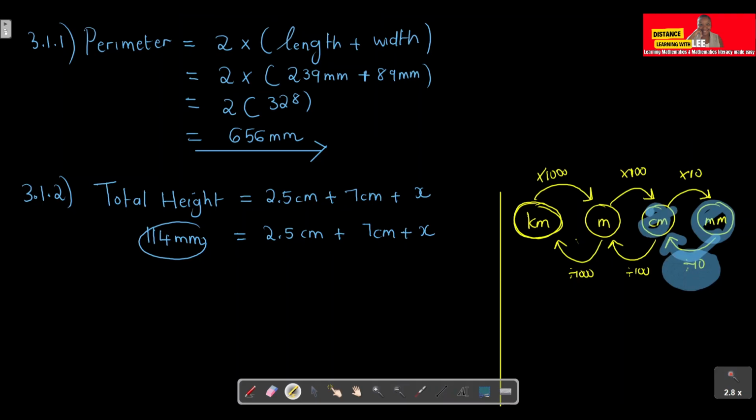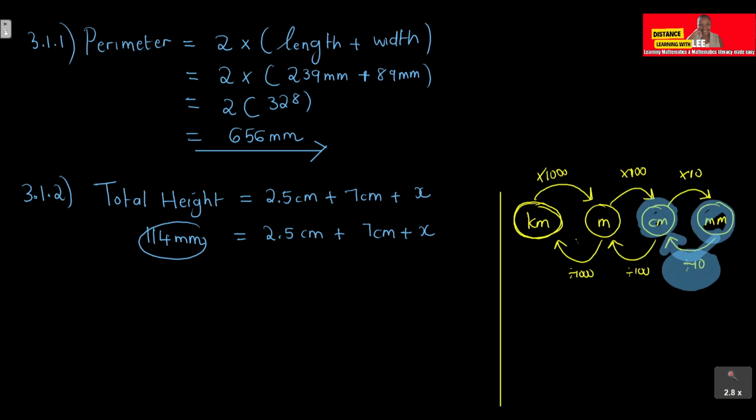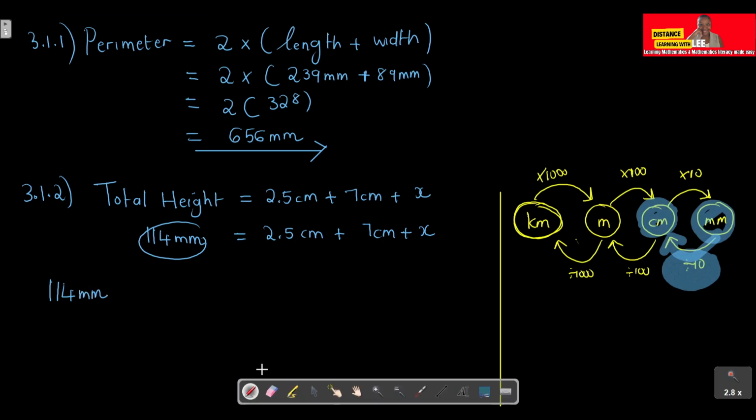So what do we need to do here? To convert that 114 millimeters, we're just going to take that 114 millimeters and divide it by 10. When you divide it by 10, you will now have your units in centimeters. So that will give you